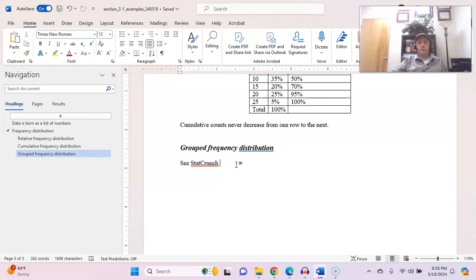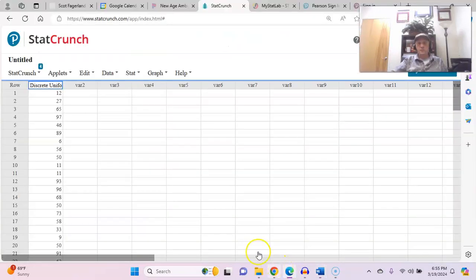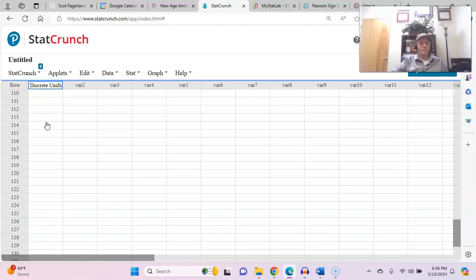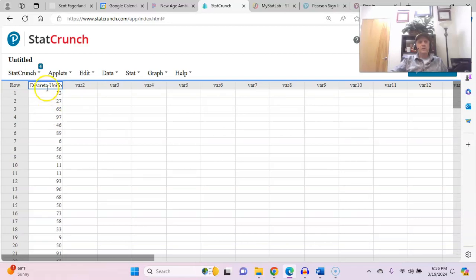This is useful for long lists of numbers, so I've created one on StatCrunch. What I've done over here is I've populated column 1 with 100 random numbers that range from 1 to 100. This is called a discrete uniform list. That's basically how I arrived at this list. But if we turn this into a frequency distribution,